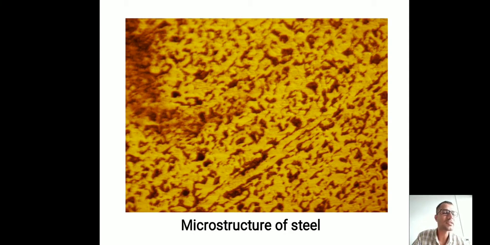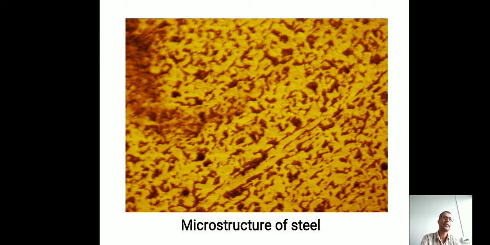Their microstructure we can also check. In that case, what do we have to do? Prepare a sample of the material whose microstructure we have to observe, and then put it under the microscope under the magnifying lens. Then on the eyepiece we can easily check the microstructure, and according to the different phases in the microstructure, we can analyze and determine the physical, chemical and mechanical properties